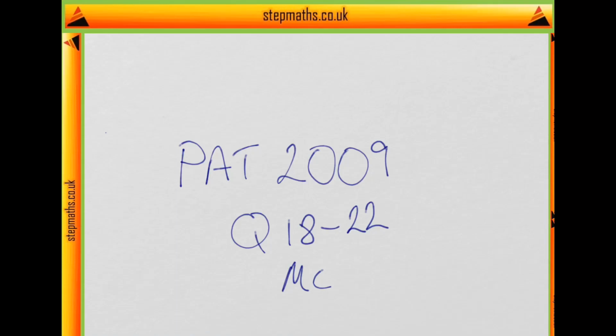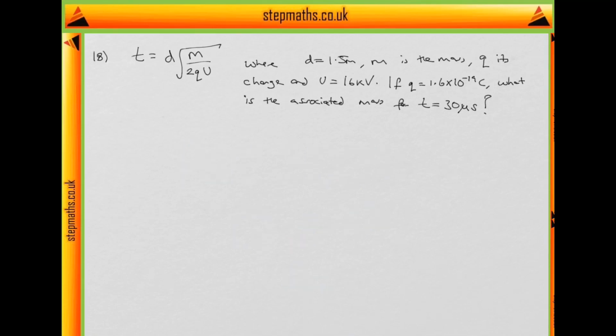Hi, today we're going to go through the 2009 PAT paper looking at the second lot of multiple choice questions, questions 18 through 22. So in question 18, we're told a time of flight mass spectrometer can be used to